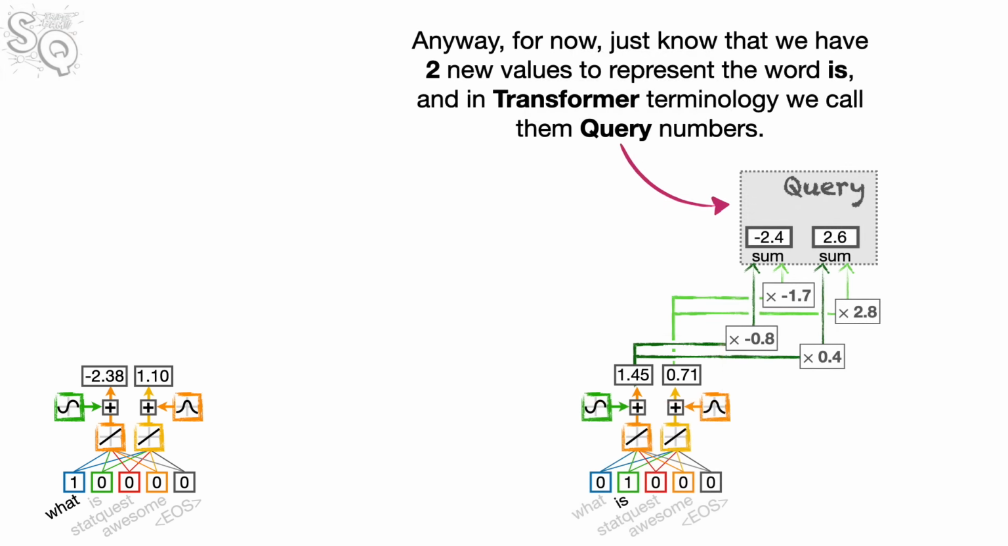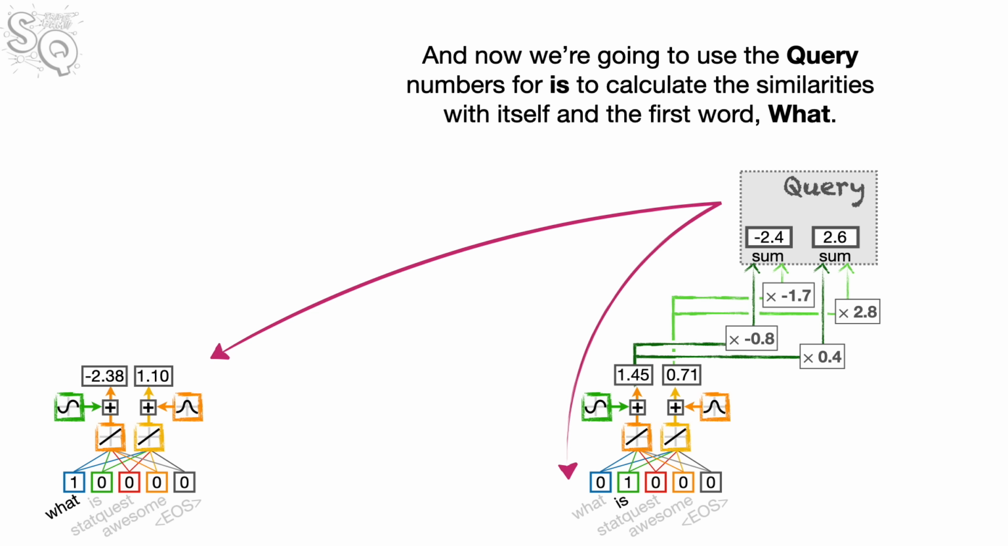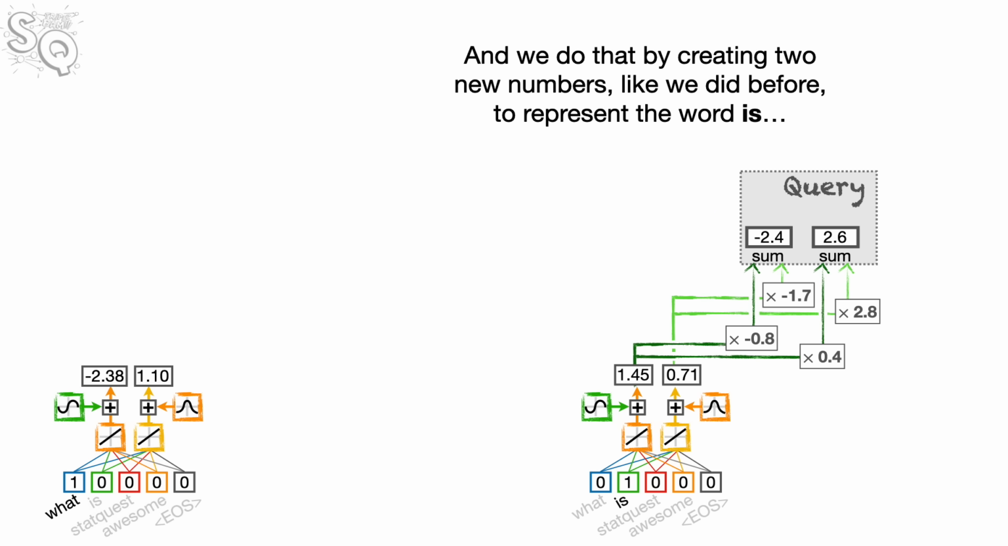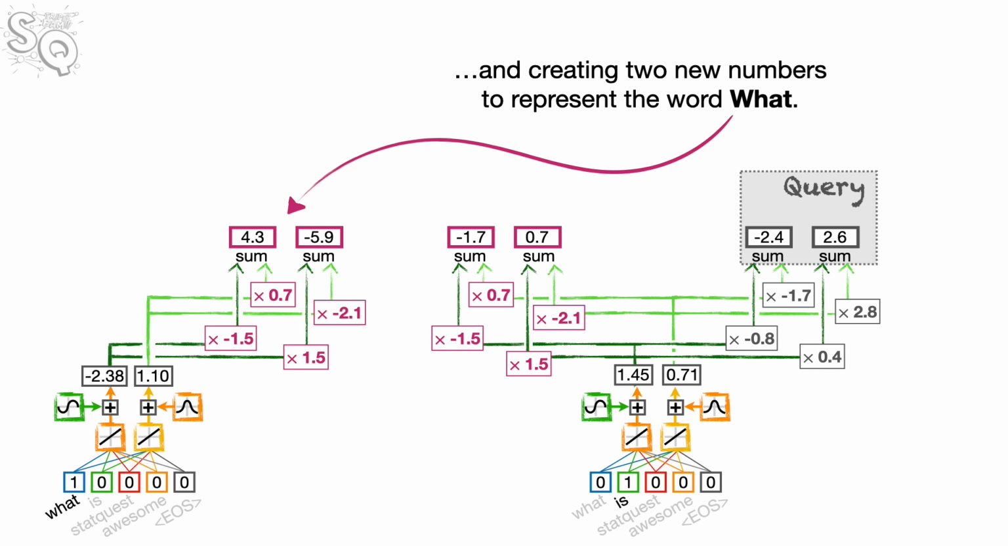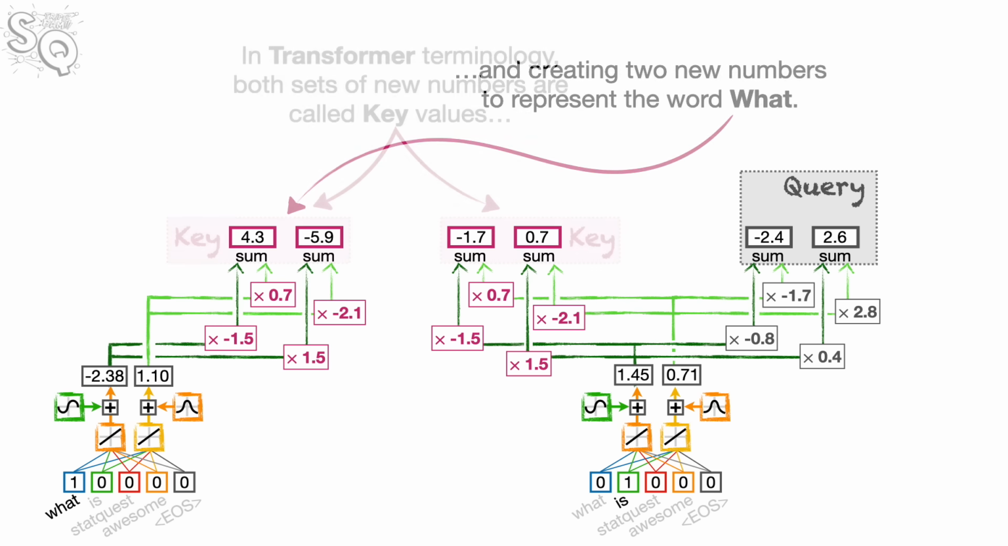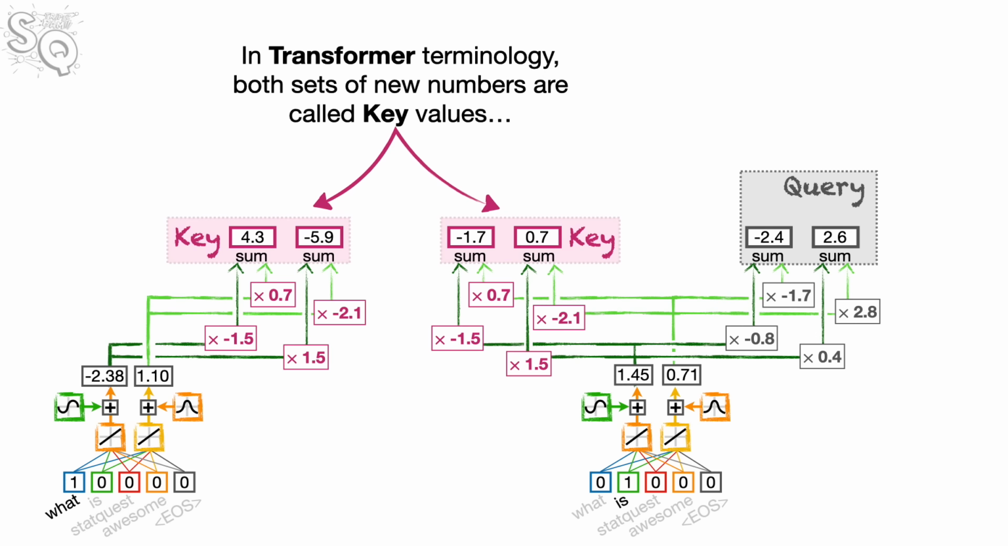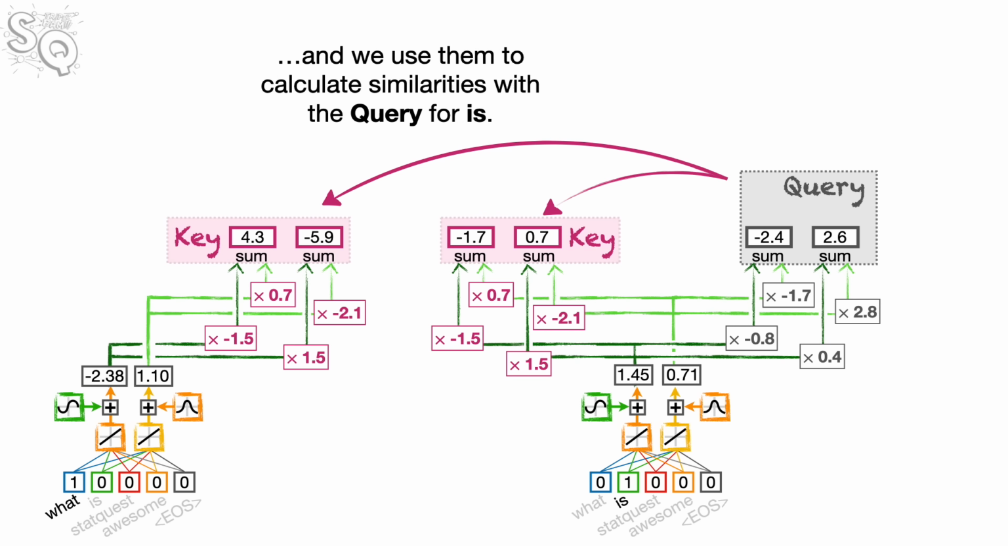Grrr. Anyway, for now, just know that we have two new values to represent the word is, and in transformer terminology, we call them query numbers. And now we're going to use the query numbers for is to calculate the similarities with itself and the first word, what. And we do that by creating two new numbers like we did before to represent the word is, and creating two new numbers to represent the word what. In transformer terminology, both sets of new numbers are called key values, and we use them to calculate similarities with